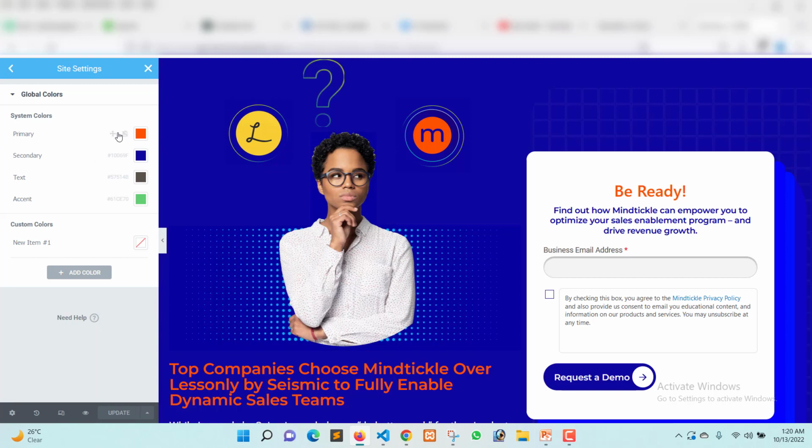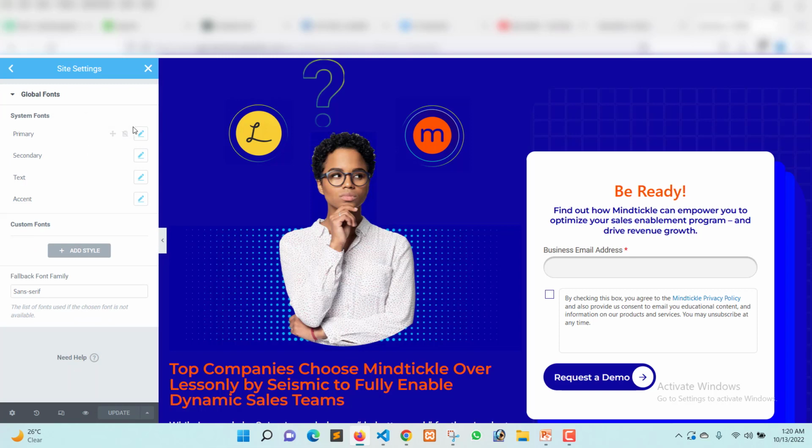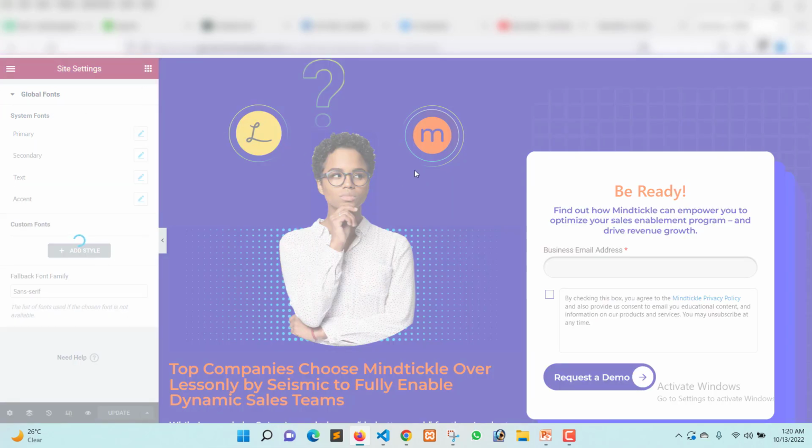Global color, you can see the primary color and the secondary color. This is the primary color, the deep orange like this, and the secondary color is the blue. And the new item, I just add a custom color. It's white color. So there are 3 colors, and the global font is Montserrat, maybe, yeah, Montserrat. So I just add these 3 things